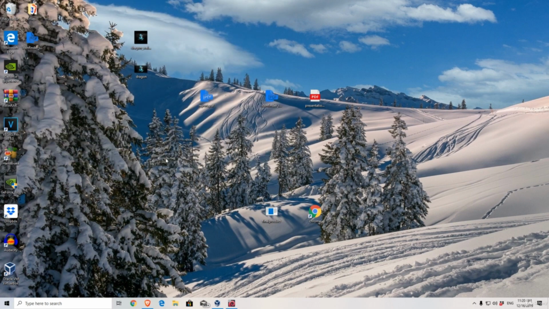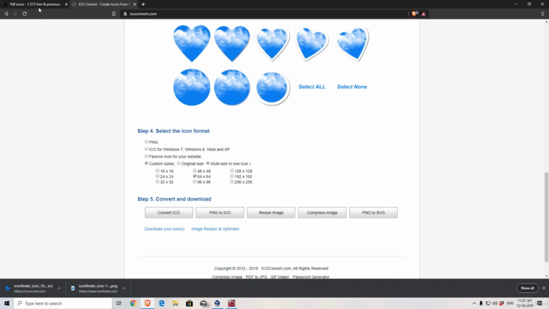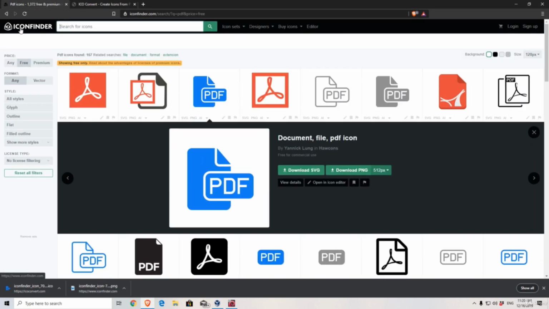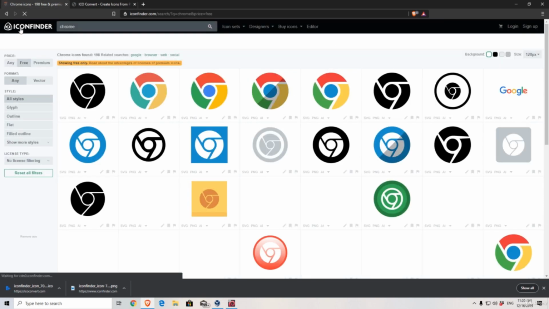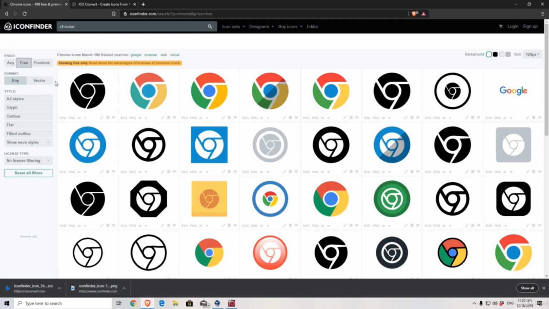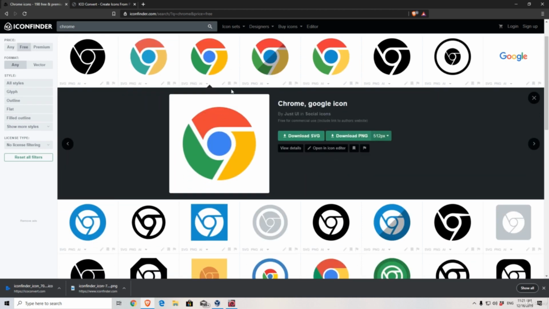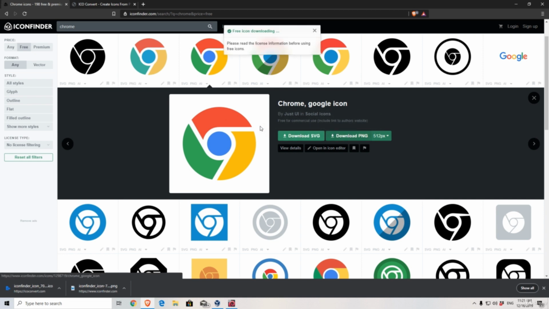And all I need to do is go to my icon finder website, type here Chrome, click on free, and we can choose any Chrome icon that we want. You can go with the black one, with the blue one, or you can go with the regular one. So I will just go with the regular one. I'm not sure if it is this one or this one, but it doesn't really matter. Just click on any of those, click on download PNG, save it onto your desktop,